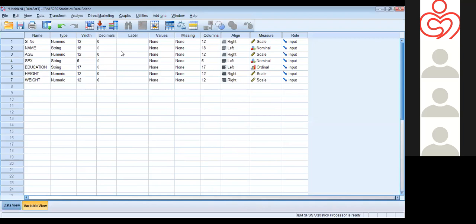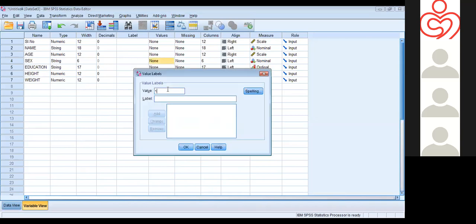Maybe later I may forget what is 1 and what is 2. So if I give some labeling for these values, it may help me identify that variable properly later. So 1, I label as male, and 2, I label as female.